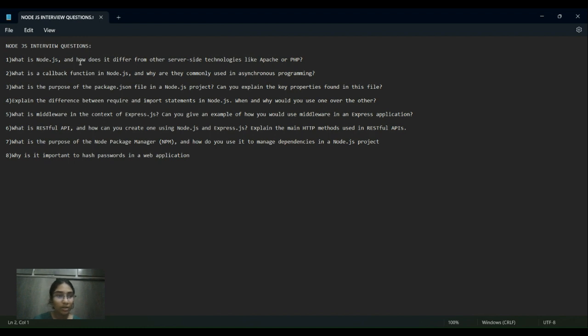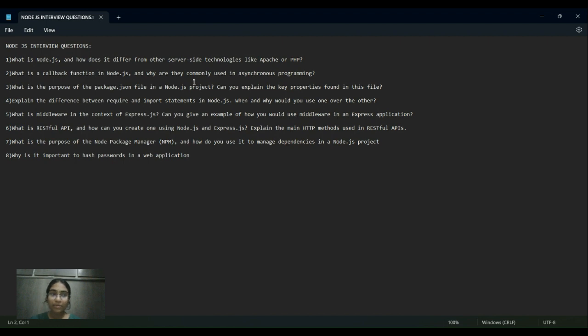Okay, now let's go to the second question: what is a callback function in Node.js, and why are they commonly used in asynchronous programming? So we need to know what a callback function is. A callback function is a function that is passed as an argument to another function, and is intended to be executed at a later time or after the completion of an asynchronous operation.